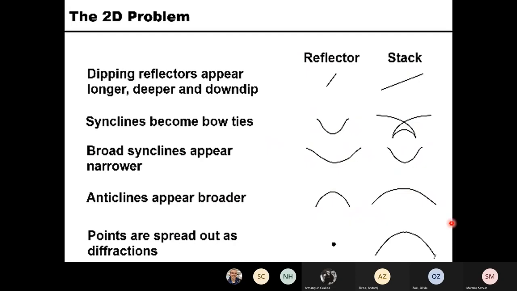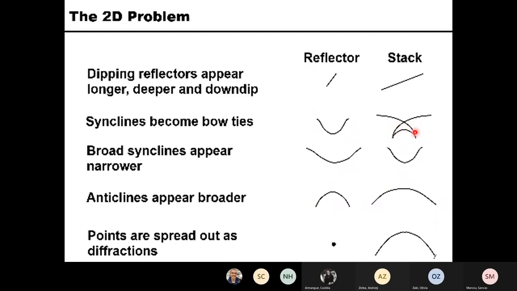Okay, so I just emphasize that this one, the top, is on the trace at this midpoint. The distance between these two midpoints, one perpendicular to the left-hand side point, one perpendicular to the right wing of this anticline, is much wider. This is why your stack section shows a much wider anticline structure. So this one should be easy to